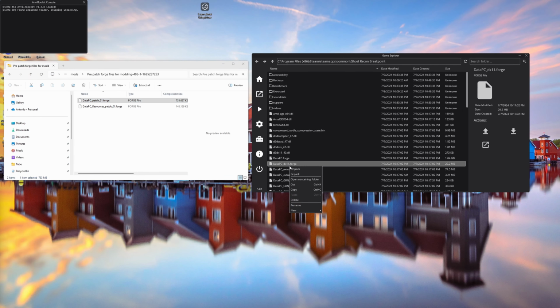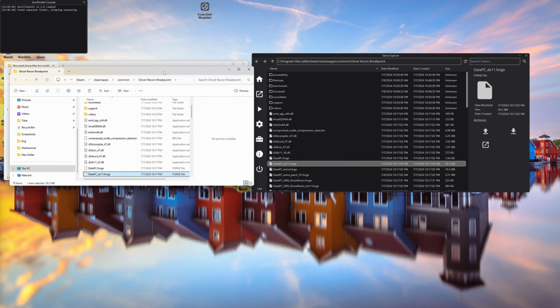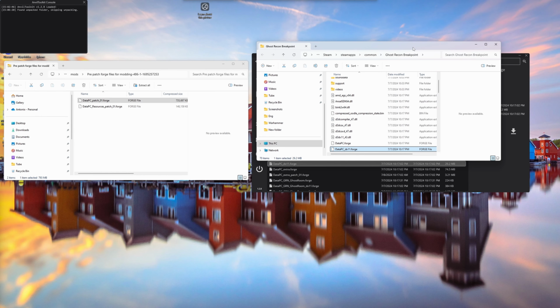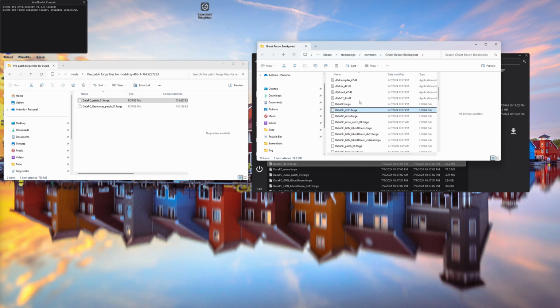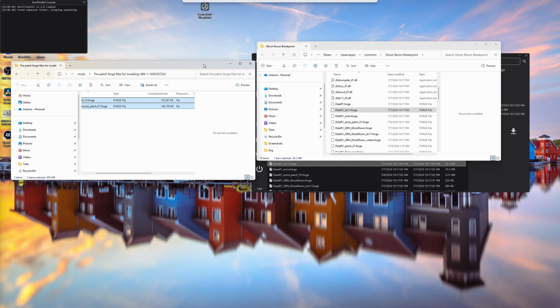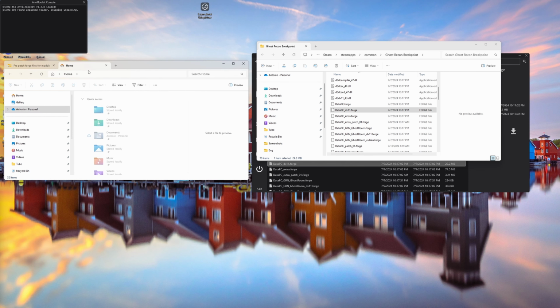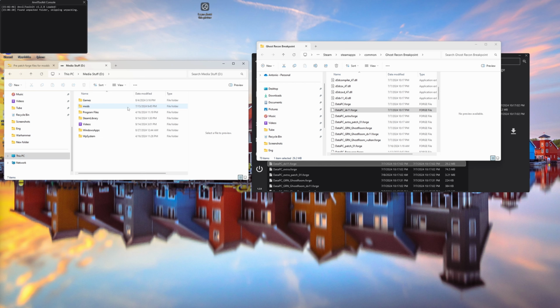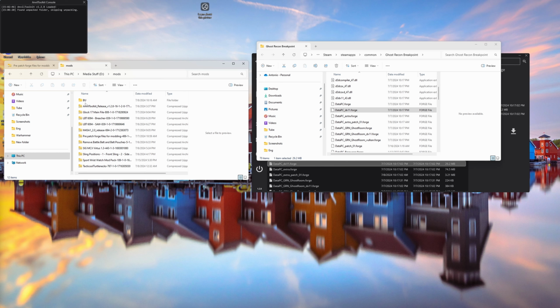So you're gonna come here, you're gonna open containing folder. And you're going to, in this case, replace the files that are already here. So you would go here, copy them here. I'm not gonna do that. What I did do before though was I have a backup